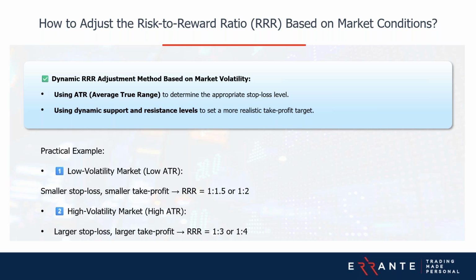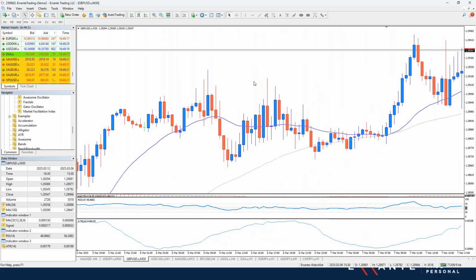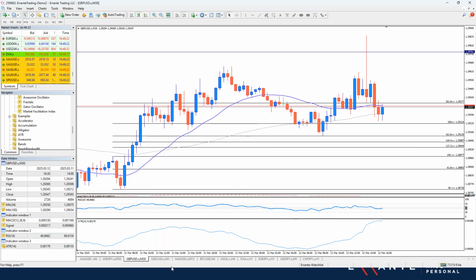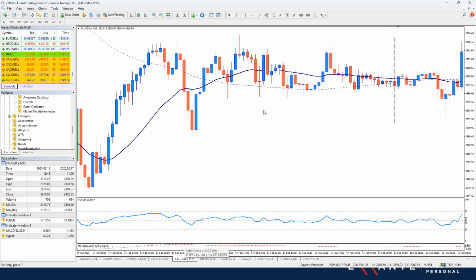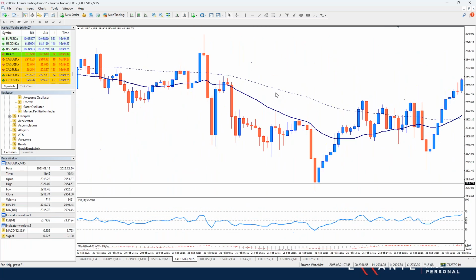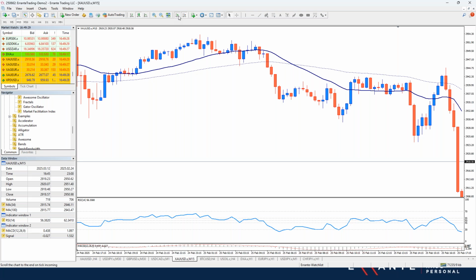But another example can be a trending market. If price is breaking out, take profit should be placed at the logical next resistance level or a Fibonacci extension. I can show you a very nice example that happened just today. If we switch to the gold market, you see, for example, on the 15-hour chart,